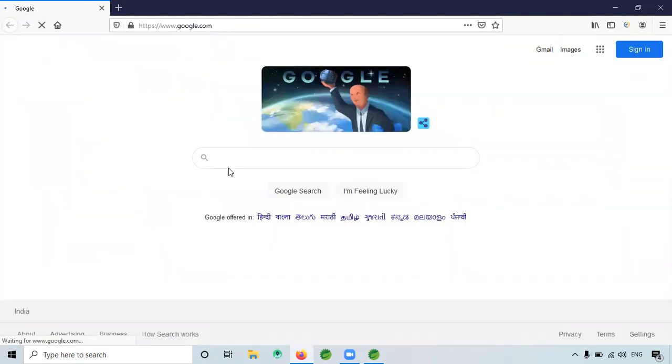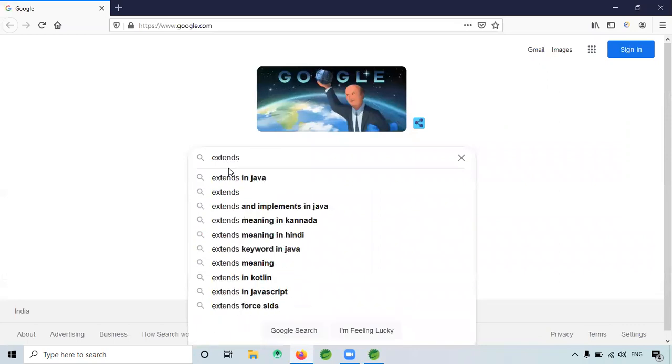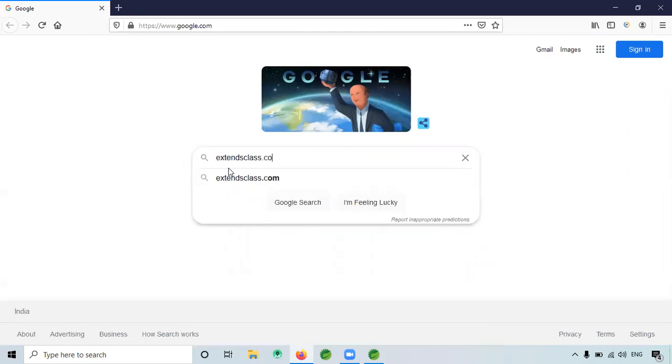In Chrome, I'm searching for one website, that is instanceclass.com.